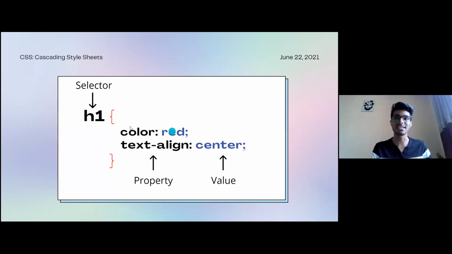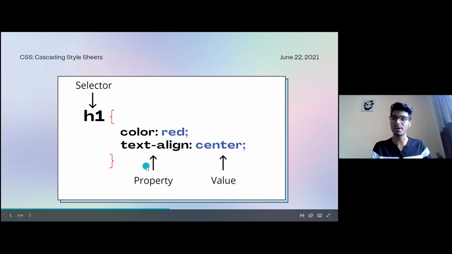This is the basic syntax which we need to understand, and it is followed by each and every styling element. So please make sure you understand this. There is a selector over here. We write a selector, then we open curly braces and close them, and add the property value pair inside them. Okay, so I hope everyone is getting that.